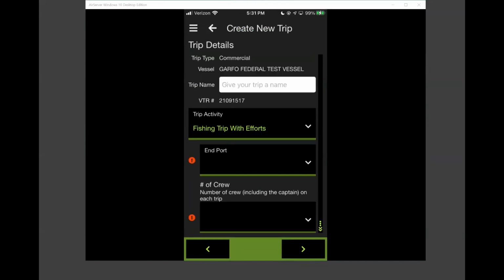The trip details, as you can see on the very top line, under trip details, it says that it's a commercial trip. I'm using this GARFO federal test vessel as my demonstration. The trip name, this is a box that's for your personal use. If there's something that you want to remember this trip by, or you tried something different, a different configuration or different area or whatever, you could type something in here manually, and that would be for your personal records. Anything in this white box wouldn't be transmitted to either the regional office or the ACCSP. It's just there for your help,